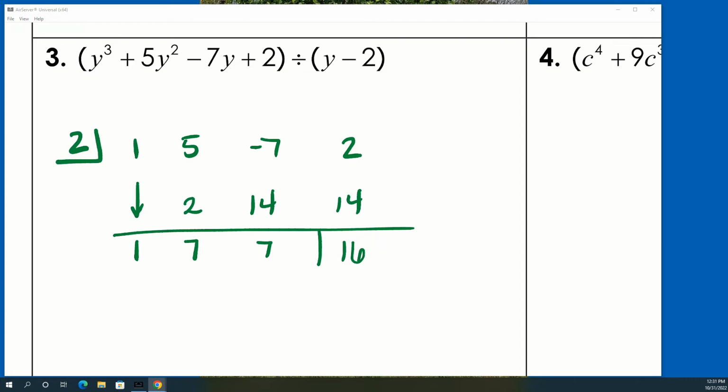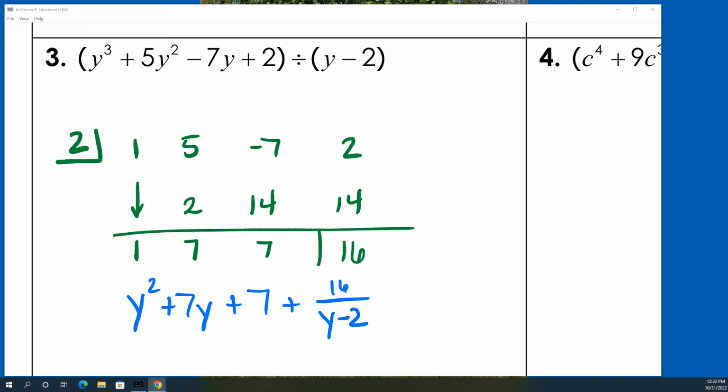So this one's going to be a little bit different because we started with y cubed. Remember that the first term here is going to be 1 less than the cube. So what do you think? 1 less than 3? Second power. So this is going to be y squared, or 1y squared, and then that power is just going to go down each time. All right, so then it'll be plus 7y, and then plus 7. And then we add our remainder over